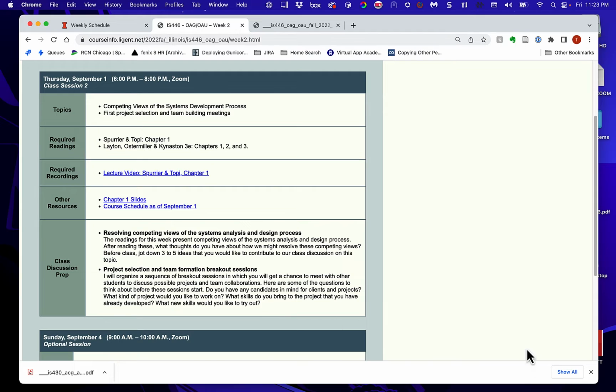So this breakout session will be the first time that we start to meet other people and start to talk about ideas about projects and clients and approaches and all that kind of stuff. And we're going to be doing that over a handful of weeks. We'll be finding projects and finding teams and finding clients and doing all that kind of stuff. So we kick that off